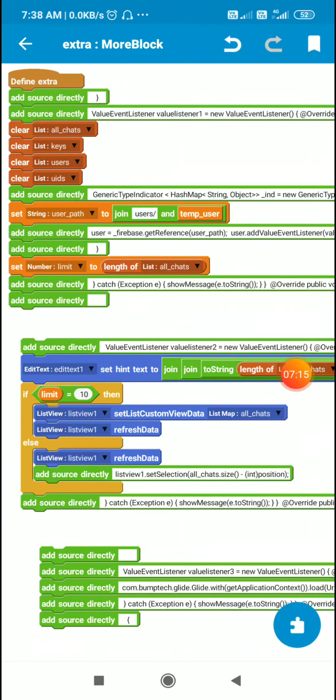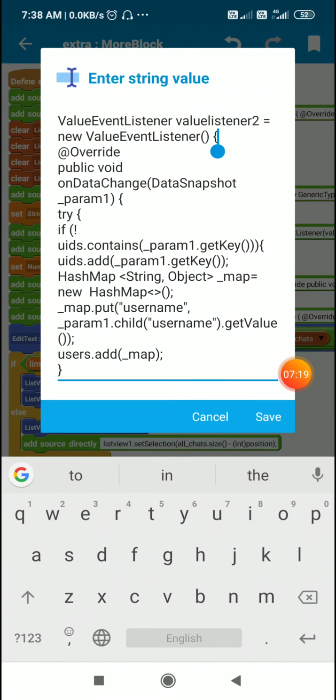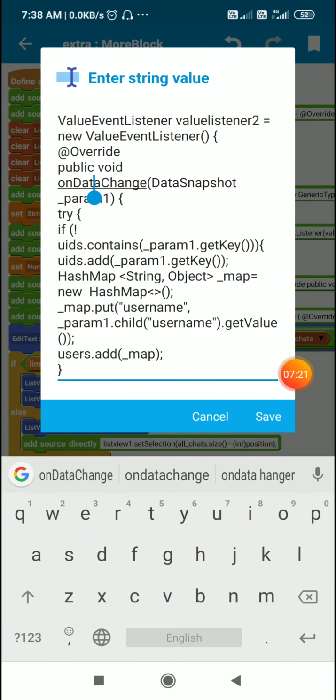Now after this I have this value listener 2. In value listener 2, in on data change event I have try catch exception code, and inside this I use an if else. If not, this symbol stands for not. So if not, UIDs dot contains underscore param1 dot get key.